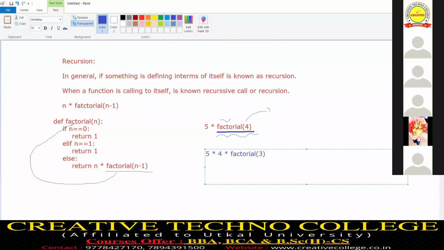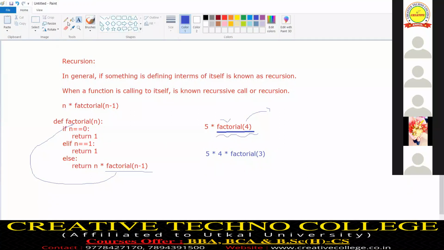So now 5 into 4 into this terminology. Again it is a function call. So control is considering 5 into 4 into factorial of 3.